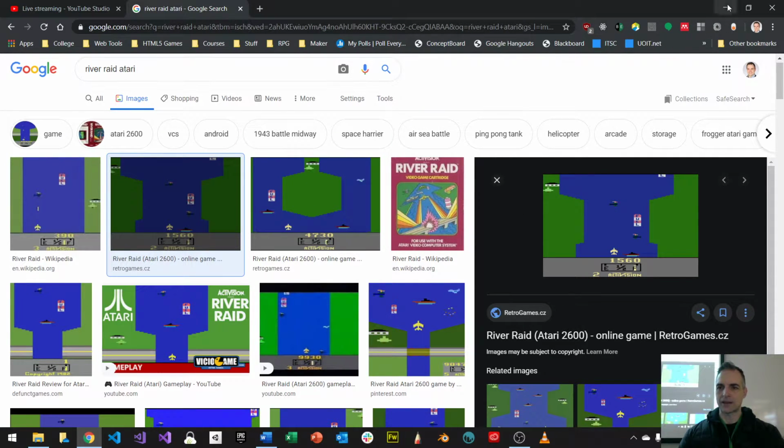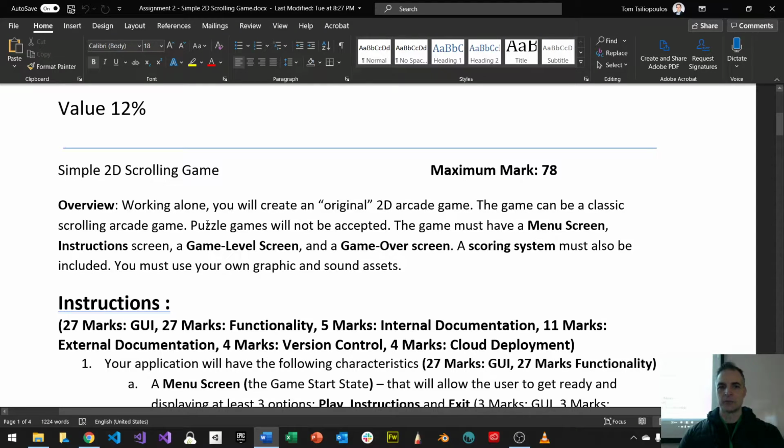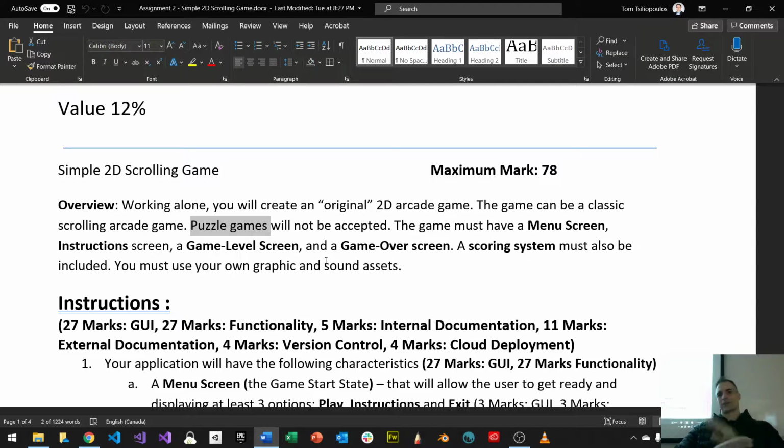Things you can't make, okay? Things that you can't make. Please don't make a puzzle game. It's okay. Puzzle games, not going to be allowed. No puzzle games. No car games. So no car racing games where you have like cars coming at you like this. Not going to be allowed. Okay? No cars. And you can make a car game like you're moving a car across a field and you have some obstacles, but don't make it like there's lanes of a road and you're moving left and right. Don't make that for me.